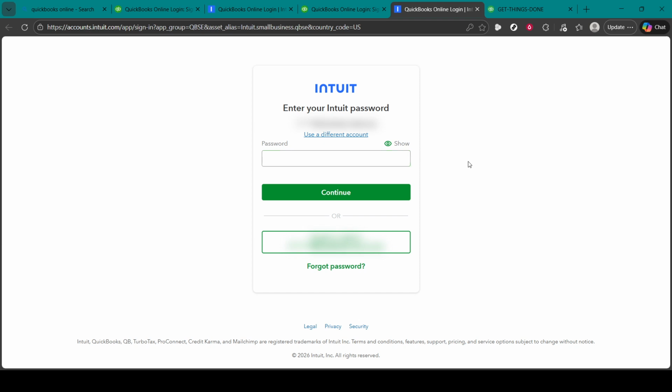If a code doesn't arrive right away, give it a moment or use the resend option. Avoid requesting multiple codes back-to-back, which can cause delays. If you're asked to approve a login on a trusted device or confirm that you recognize the sign-in, go ahead and approve. This step is all about securing your account while getting you into the right place to manage your